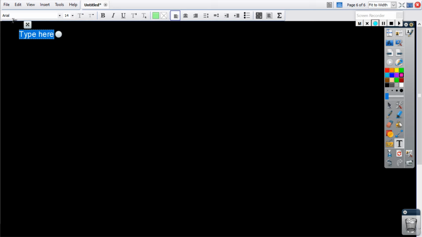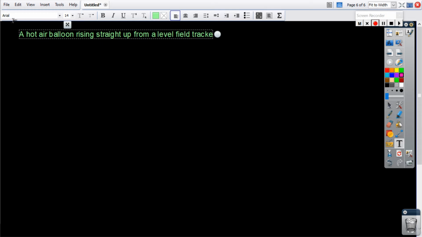All right, so on page 251 in your book, example number 2, named a rising balloon, and I am just going to type this problem out here for you. If you want to copy it in your notes, or if you just want to reference page 251, whatever makes it easier for you. But this way, I can reference the words on the screen as I am helping you form and solve the problem. All right, so a hot air balloon rising straight up from a level field is tracked by a